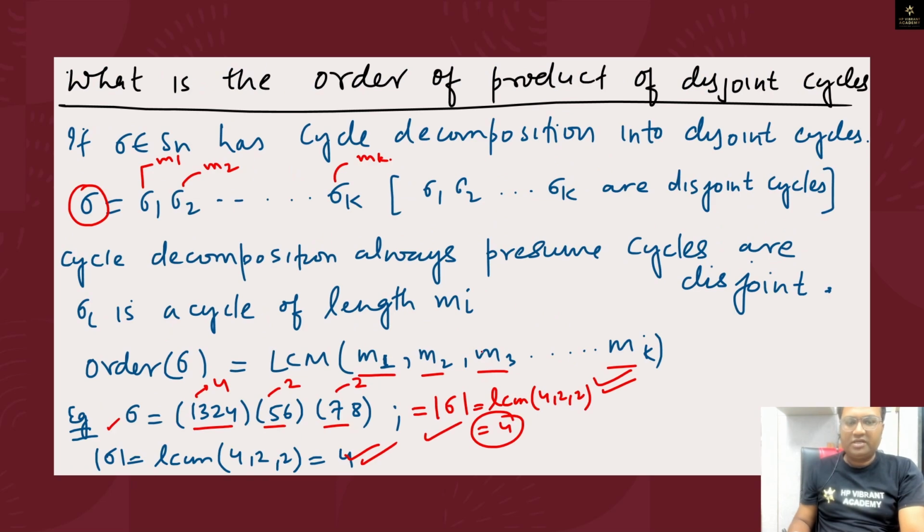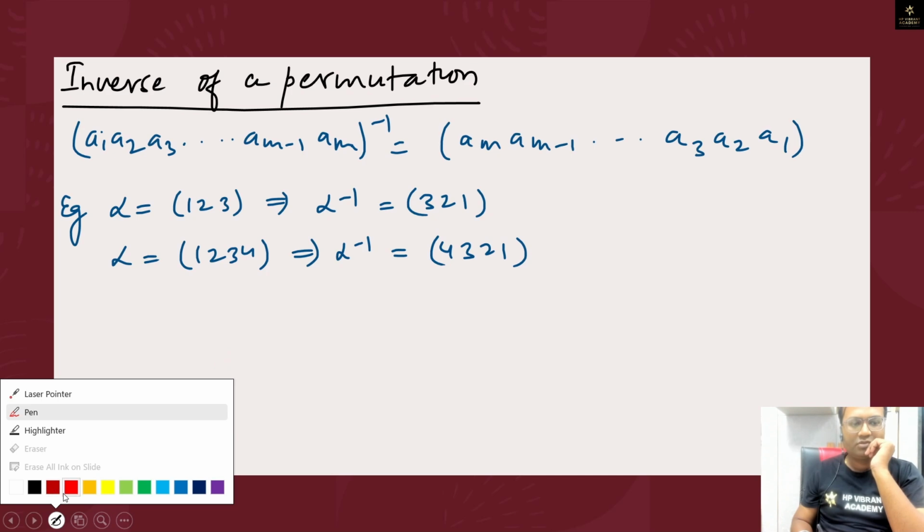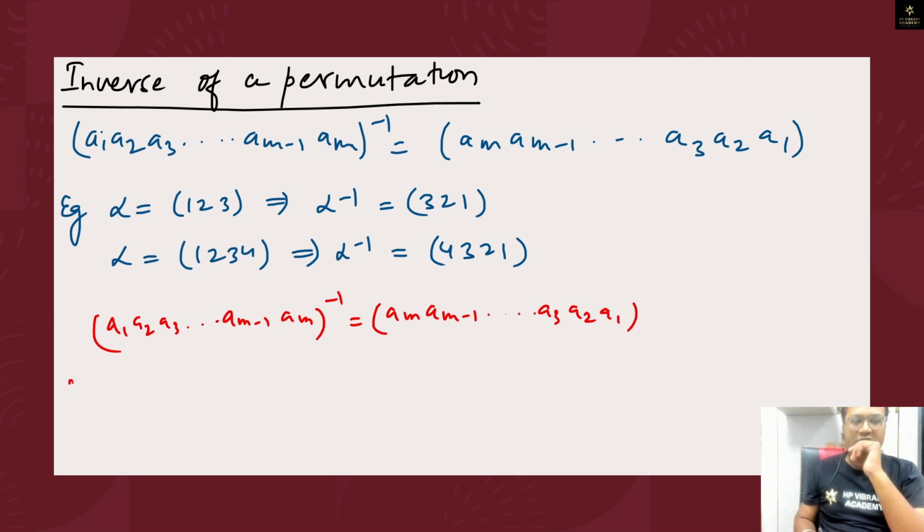तो एलसीएम वाला जो फंडा है ना वो डिसजॉइंट साइकिल के केस में ही अप्लाई होगा। समझ में आ रहा है? Let us proceed further. Inverse of a permutation. Ok, suppose we have the permutation like this: a1 a2 a3 ... am-1 am. इसका इन्वर्स क्या होगा, तो एलिमेंट्स को अपोजिट डायरेक्शन में लिख दो। तो we have am am-1 ... a3 a2 a1. तो यहाँ पे देखो सिग्मा अल्फा इज इक्वल टू, दिया है 1 2 3, तो अल्फा इन्वर्स क्या होगा, अपोजिट डायरेक्शन में लिखना होगा 3 2 1।